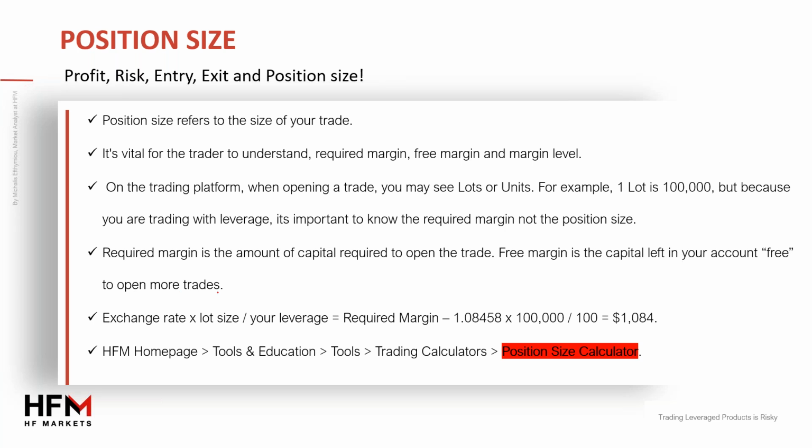So entry, exit, we should always know when we're going to enter. We should always know, even before we get to that point in the market, the prices at which we're going to exit the market. We should always know our profit, and we should always know our risk. Now, if we know our entry and our two exit points, in order to determine what the potential profit and the potential loss are, we have to know the position size. So we need to ensure that we are within that bracket of responsible trading,